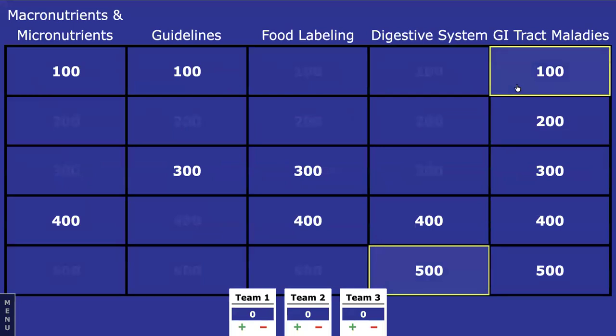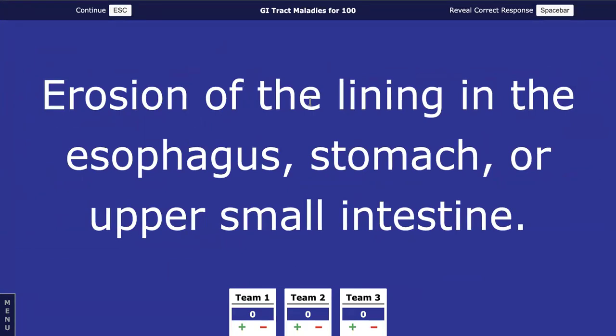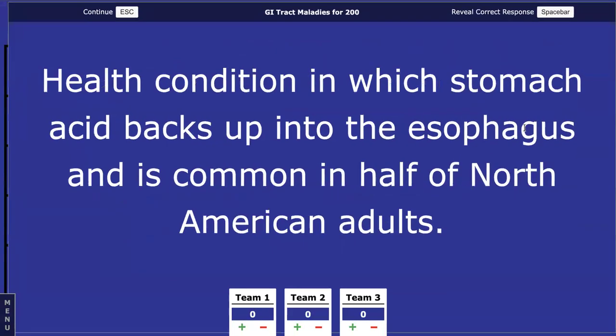Okay, okay. Last section. The GI tract maladies. Erosion of the lining in the esophagus, stomach, and upper small intestines is called what? This is super painful. They kind of look like cold sores, and you could get them from messing up the pH of your stomach. And so your lining gets confused and this happens. Sometimes people take medicine and it affects it. Yep, ulcer, the ulcers. Okay.